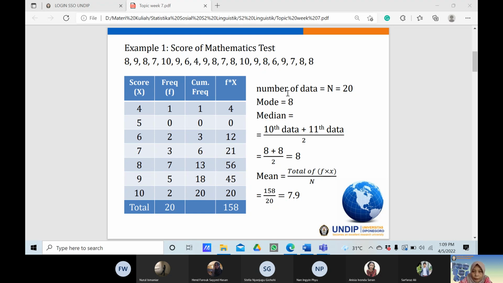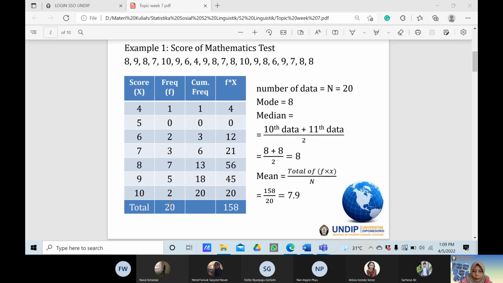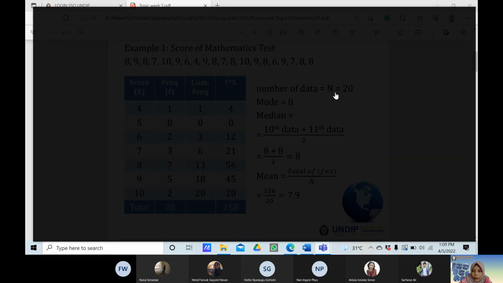The first one is the simplest one. We can see the number of data, the symbol is n, with the total frequency, and you can write that the number of data or n